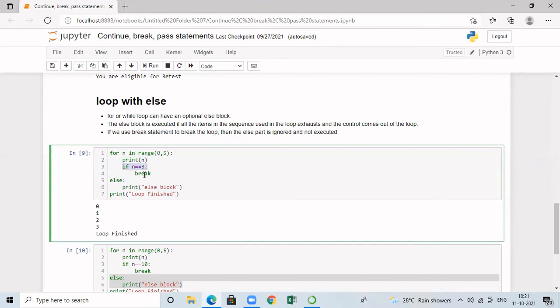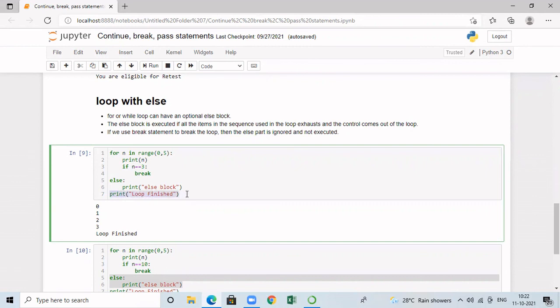That means that break. So break statement is encountered inside the for loop. So we are coming outside the for loop. How we come outside the for loop? Have we executed all the iterations of the for loop? No. This for loop is supposed to print the numbers from 0 to 4. But we are breaking the loop before it is fully exhausted. So in that case, control will not go to the else block because we are coming outside the loop before it is fully executed. So now control will go to the line number 7 and it will print the message